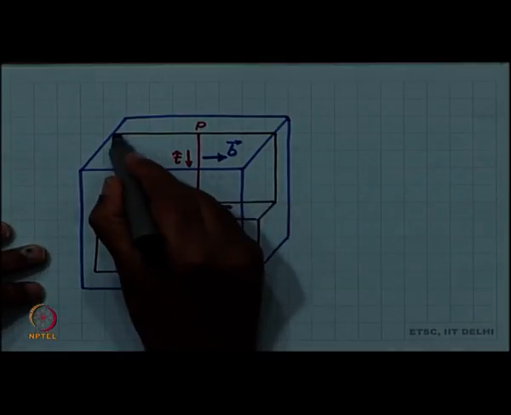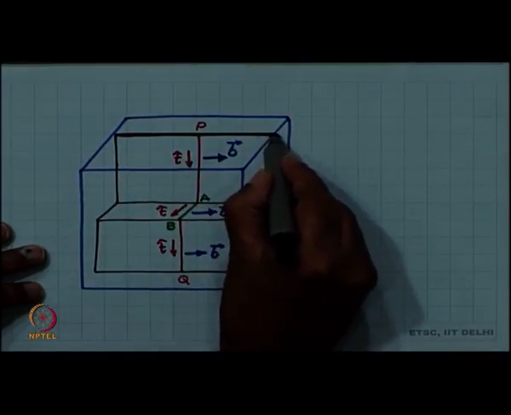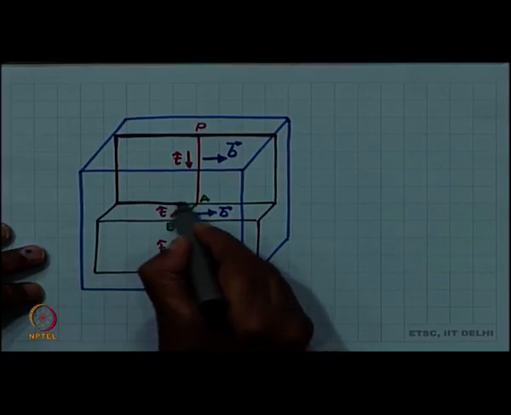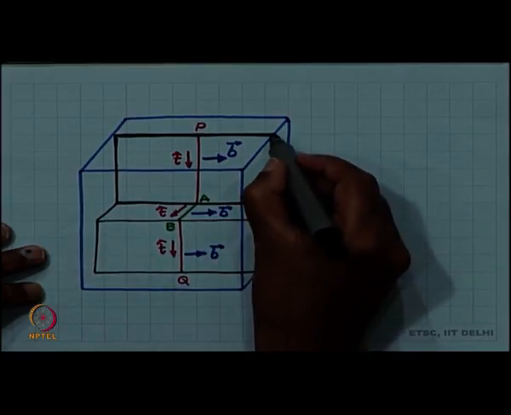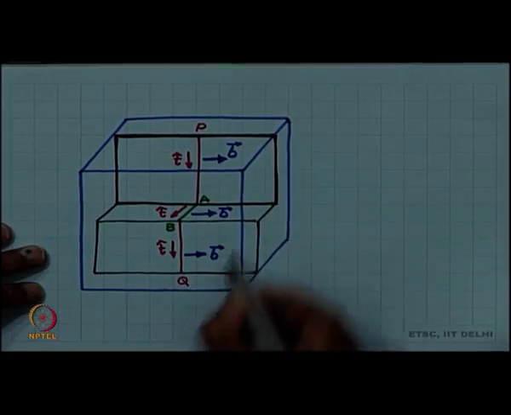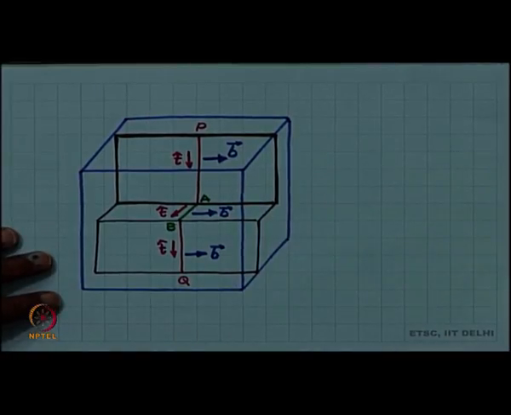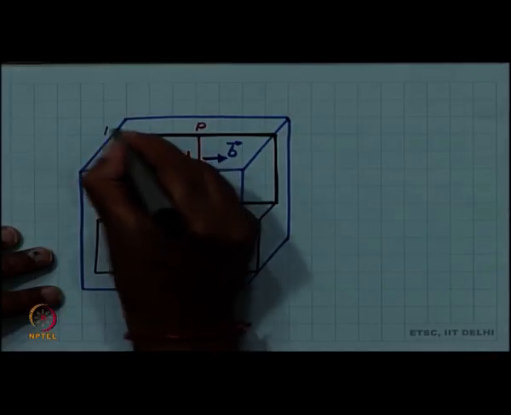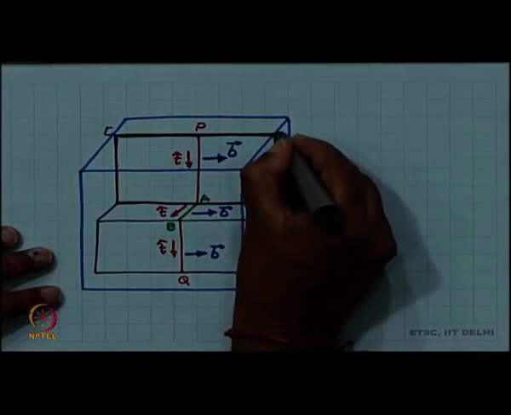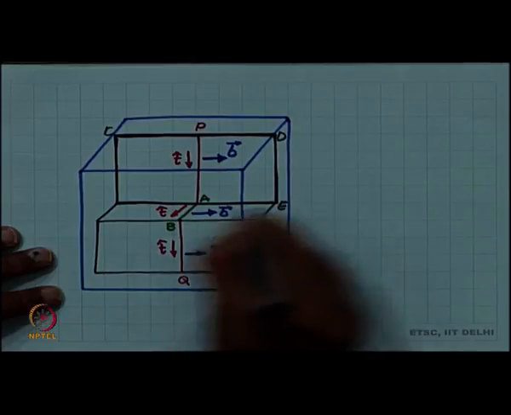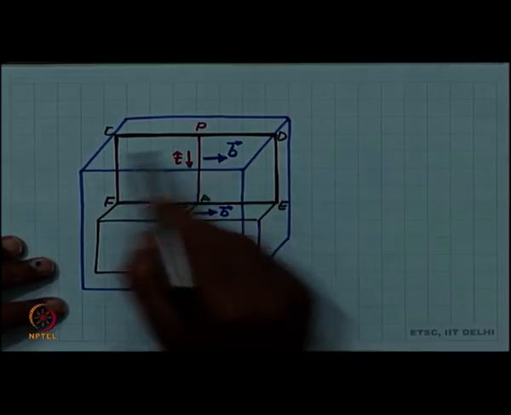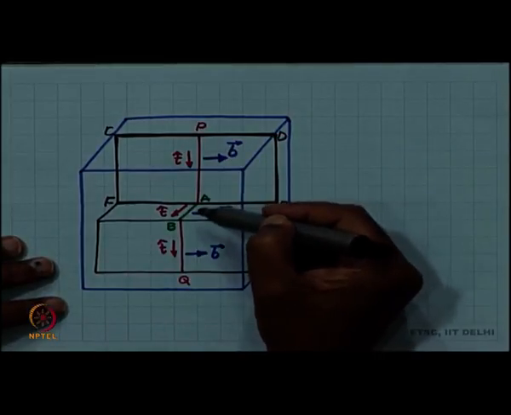So, for the PA part, the slip plane is this vertical plane, let me label it C, D, E, F. So, C, D, E, F is a vertical slip plane for the segment PA,